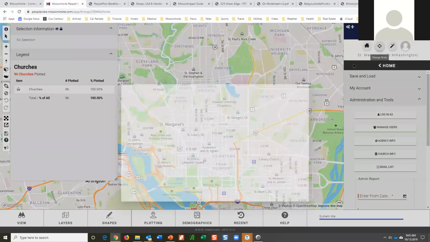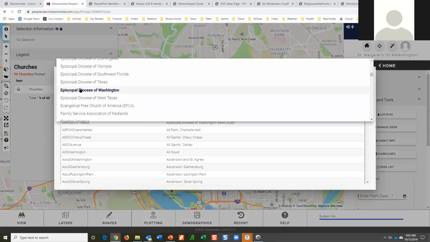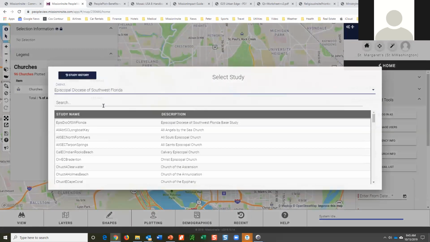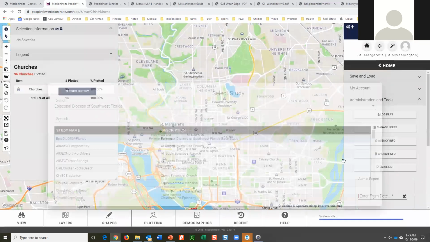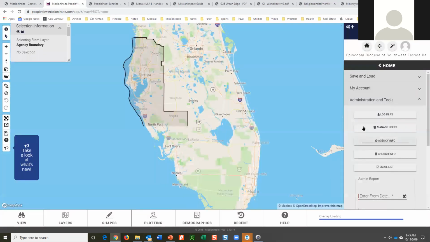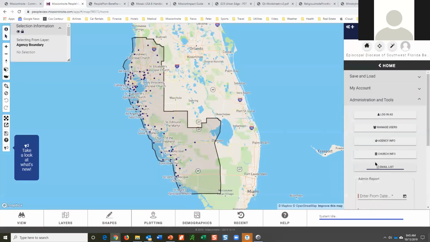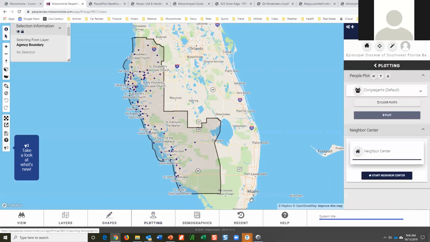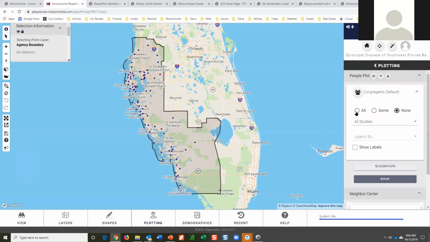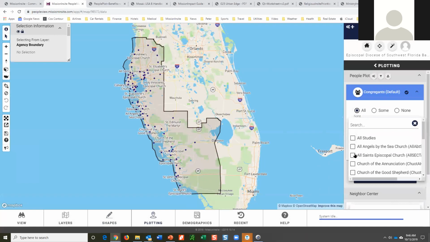Okay, let me go to a different study very quickly, Southwest Florida. And I'm going to show you a plot of what this looks like and why it's important, because you can then run a comparative report for the church members in relationship to the area. So we're going to do all the studies here. I'm going to do this one.